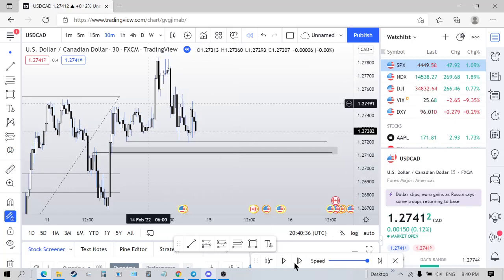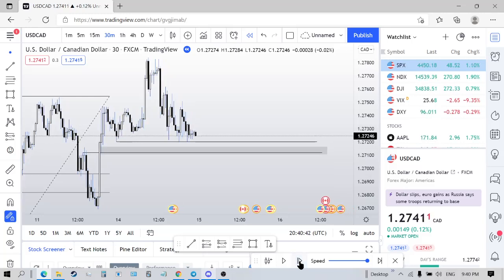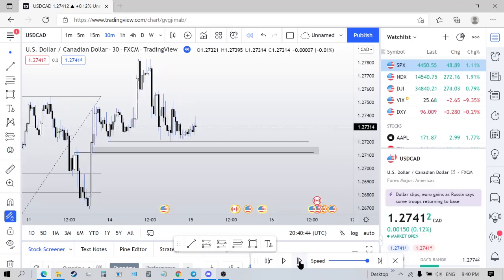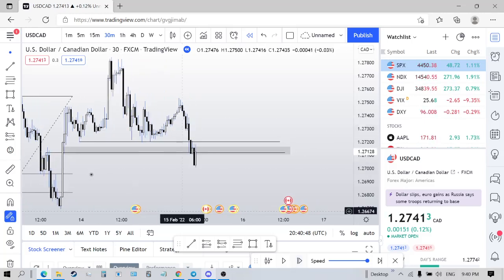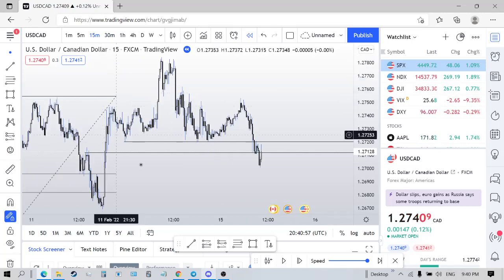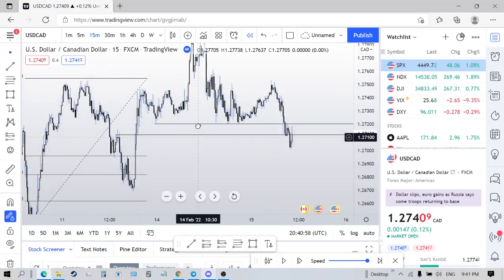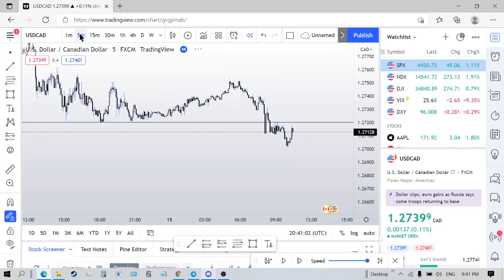All right. So I'm looking for this low to be ran, which we will get pretty soon, I think. Yeah, so you see more liquidity got built up. All right, boom, right? Liquidity ran. Actually, it wasn't this wick. All right, hold on. Let me scale in. I got it wrong. Hold on. Oh, okay, here it is. That's what I pulled out. Okay. All right, give me one second.